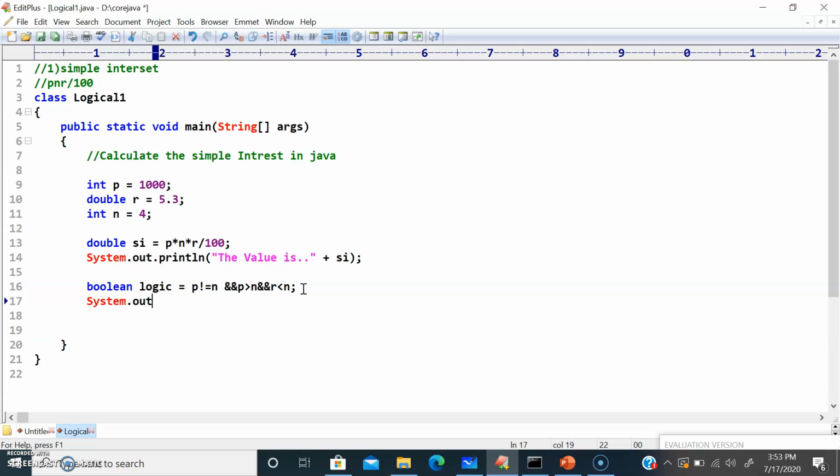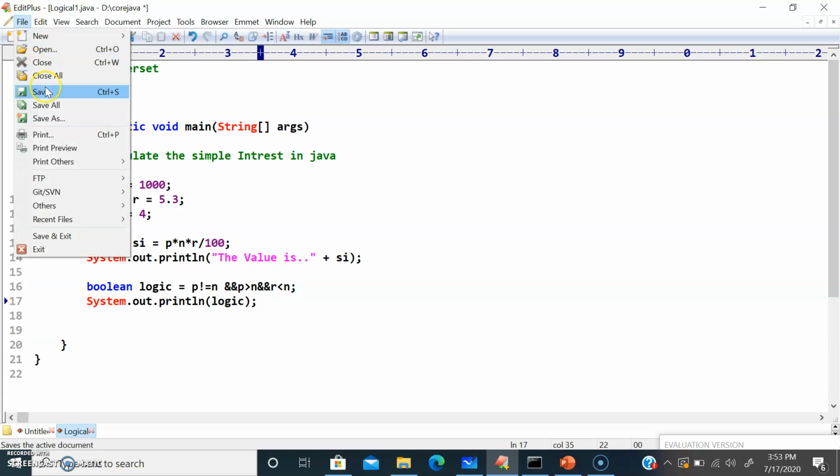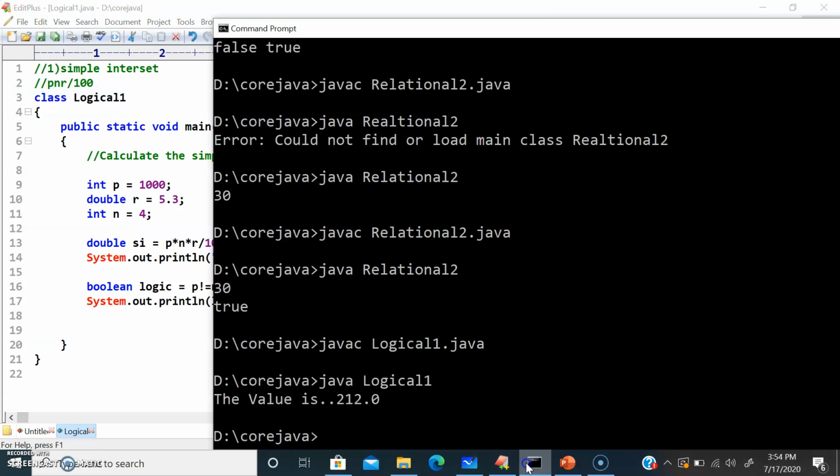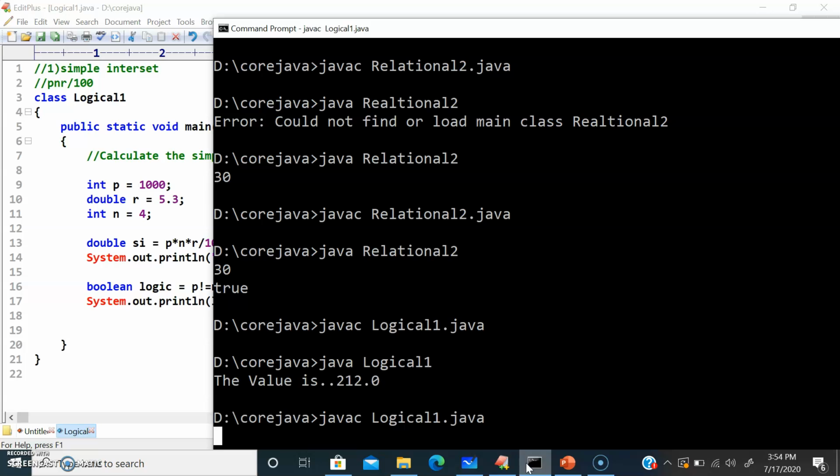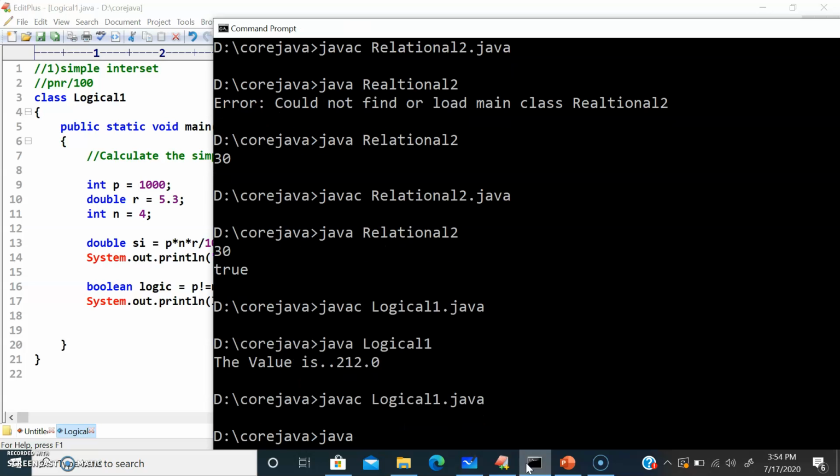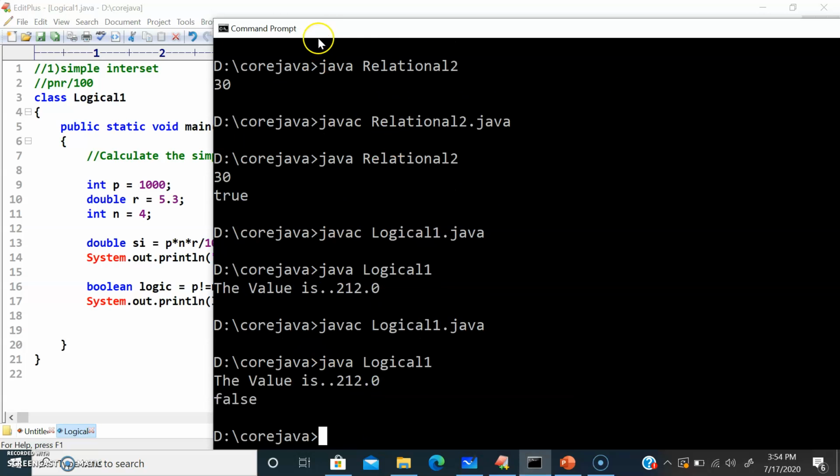System.out.println logic. Let me save this program. No error, perfect. So it's giving me false.